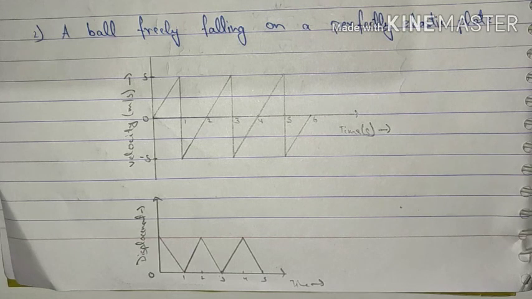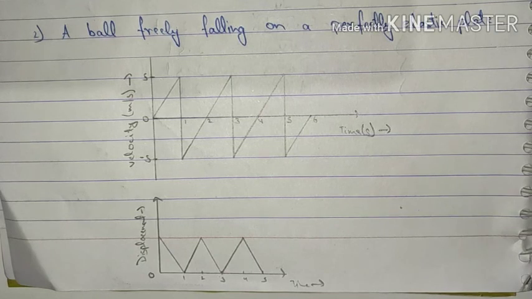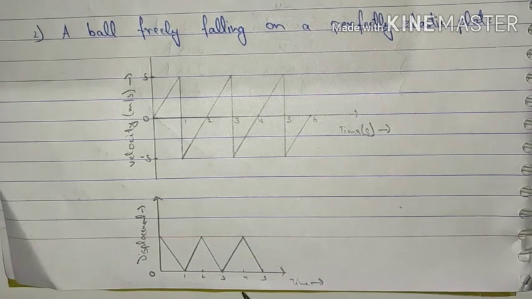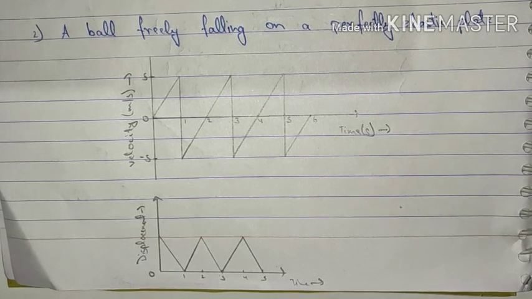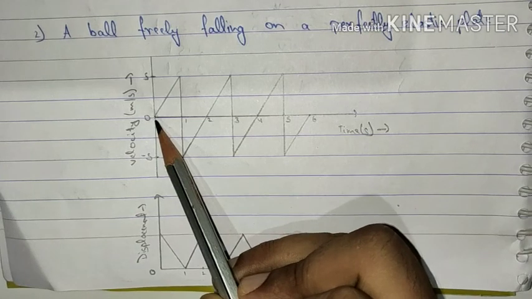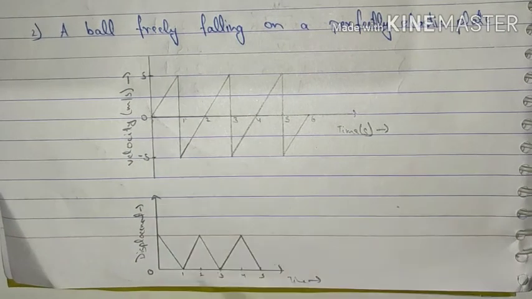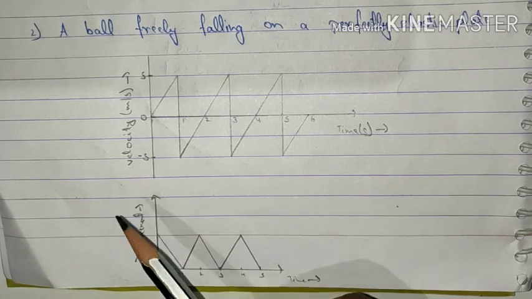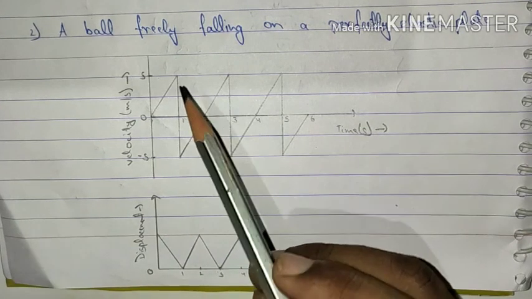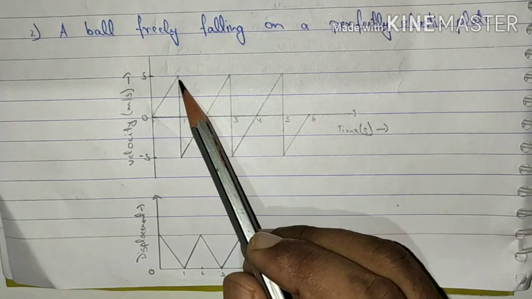That means the height, or you can say the velocity of the ball that was being attained before falling down, will be equal to it being attained after striking the surface. So what do we observe over here? We are dropping the ball from our hand. So what will be the initial velocity? We are not throwing, we are dropping, so initial velocity will be 0 over here. What do we observe after 1 second? The ball goes and strikes the elastic plate, and just before striking the elastic plate, its velocity is 5 meters per second.